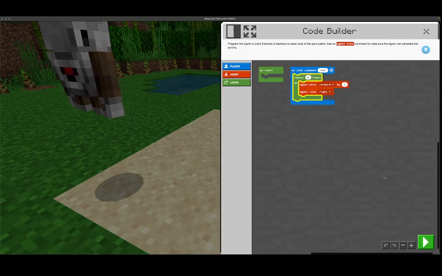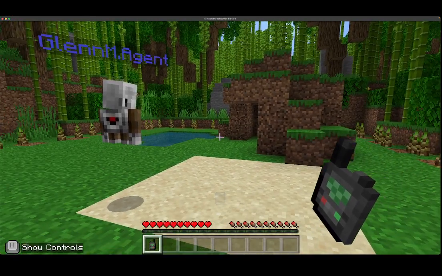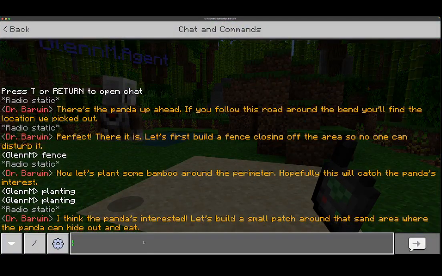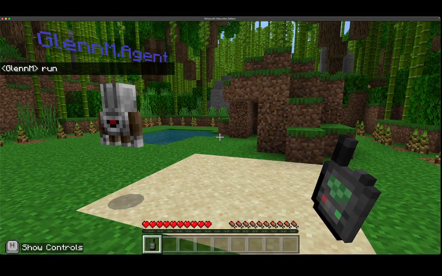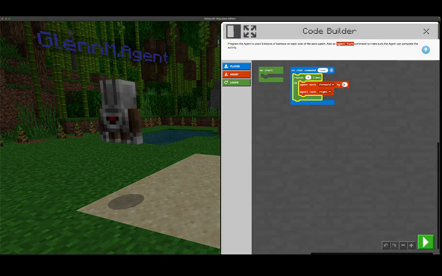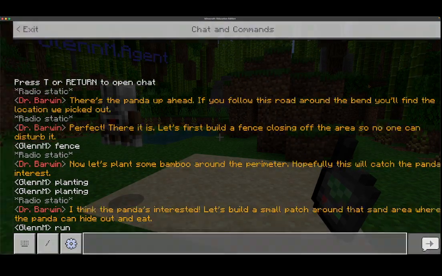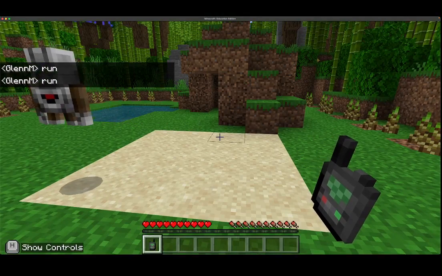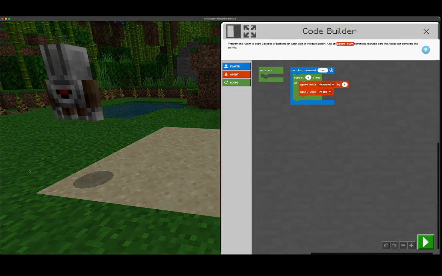So this is a simple run command. Let's go and make it run. Make sure that we've got a square. This time, run. There we go. Right, so there we've got a simple square. All right. So this time we want it to go 3. You can see that I'm going into that coding mindset that you talked about. So while it's in here, what we want it to do is within the code, we want it to plant